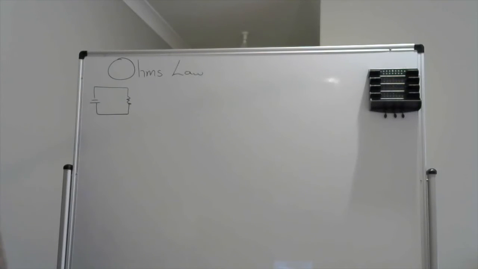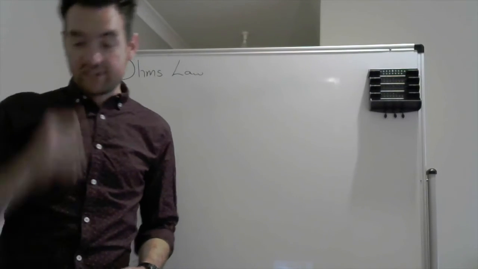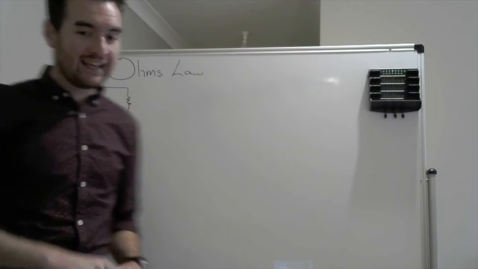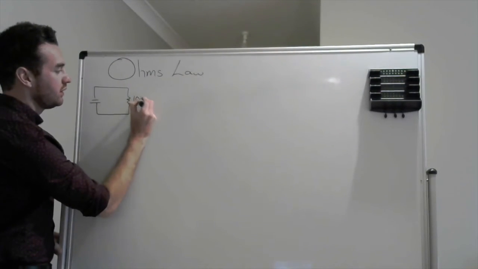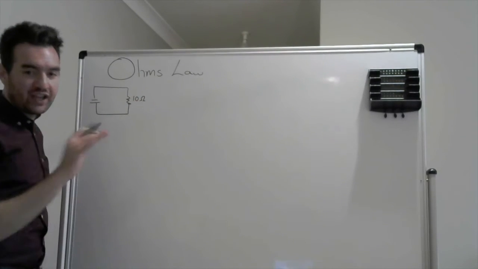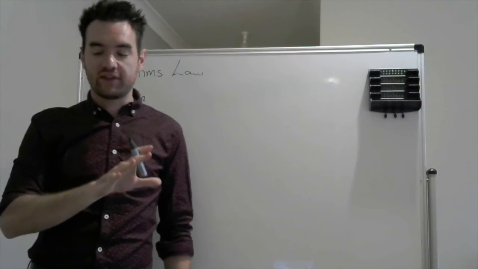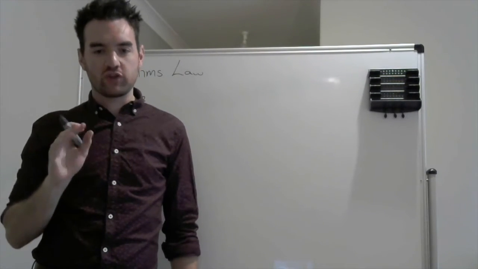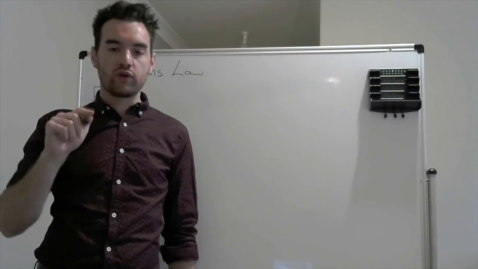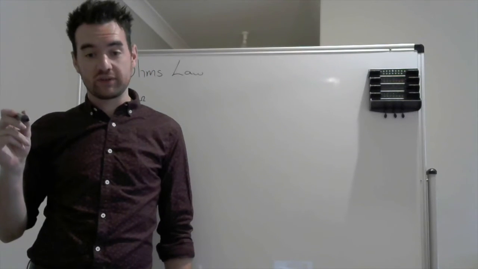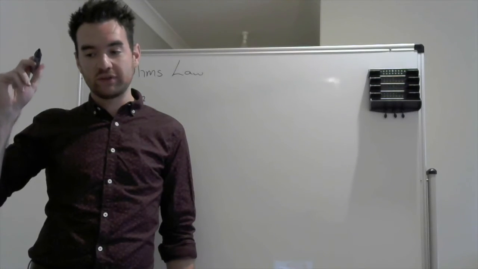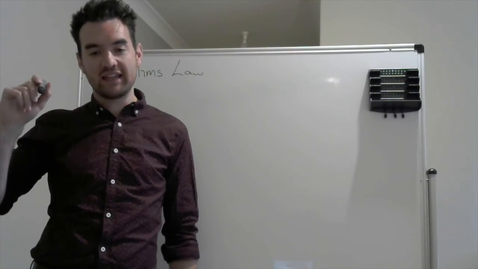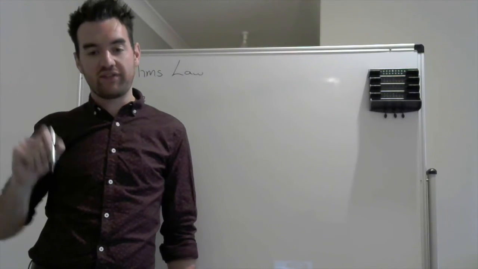Let's say we know the resistor we're going to use is 10 ohms. Now we're not going to change that throughout this part of the lesson, okay? The resistor is not going to change. What we're going to change is the voltage. We're going to change the voltage from 0 to 5 to 10 to 15 to 20, 25, 30,